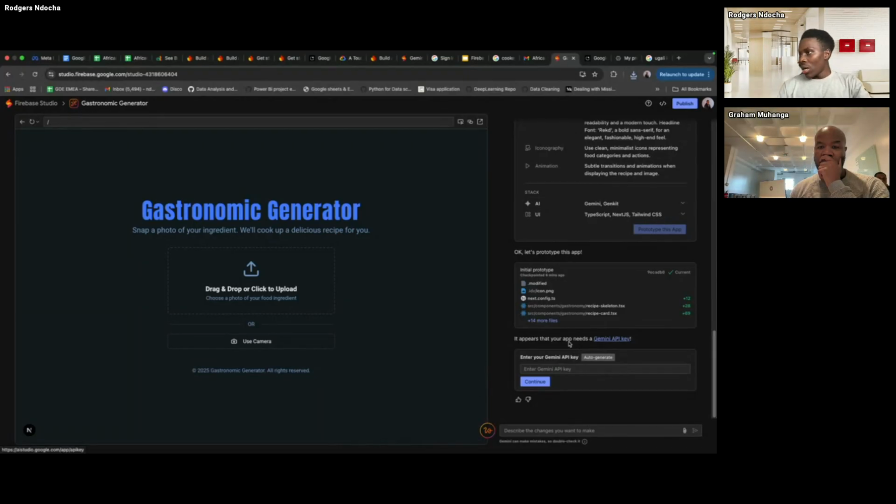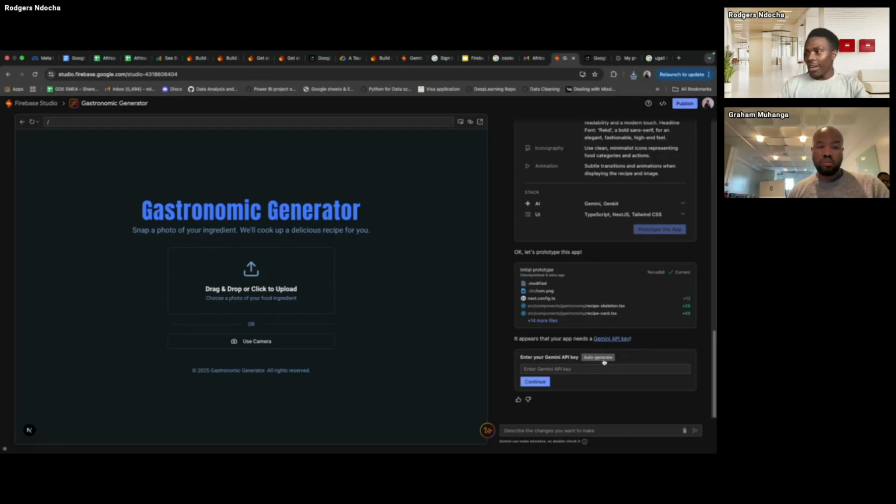And there is also this option for auto-generate. Auto-generate will generate an API key, but it will give you a free version, which will not work in this case because we are using Imagen 4 to detect the kind of food. We can also try auto-generate.